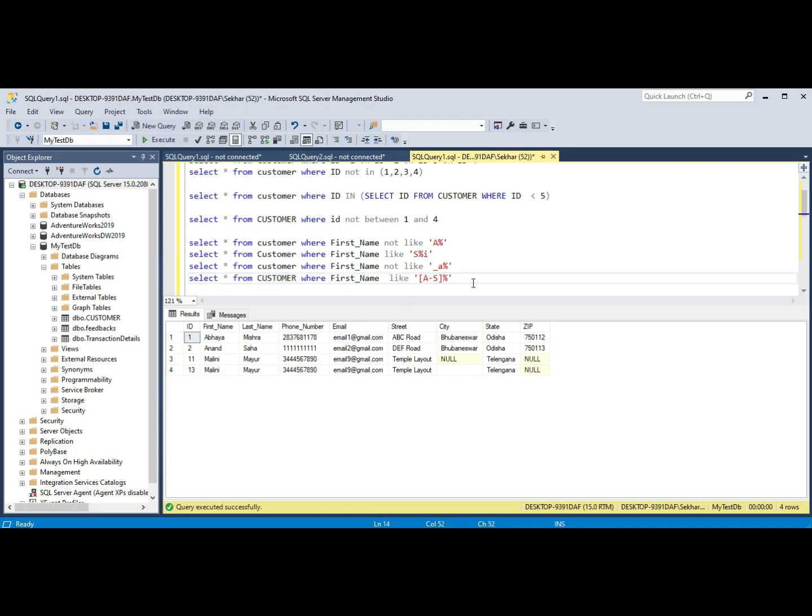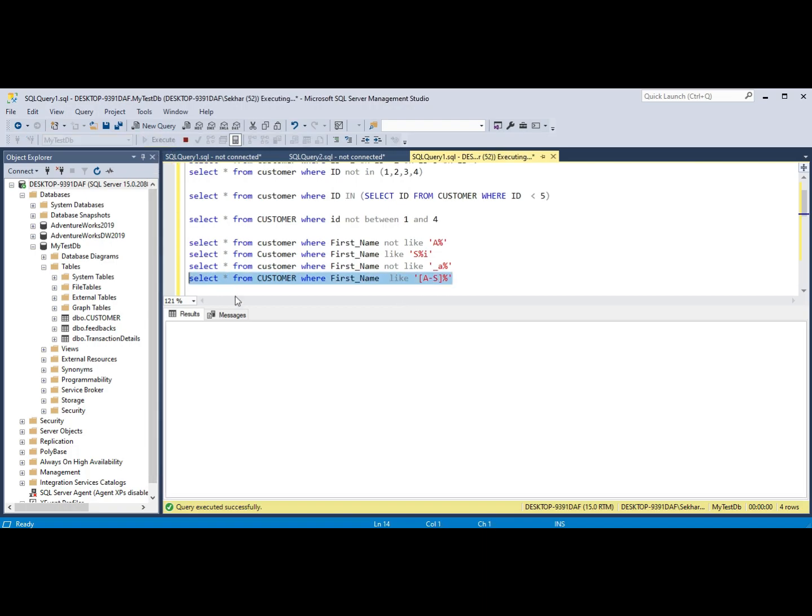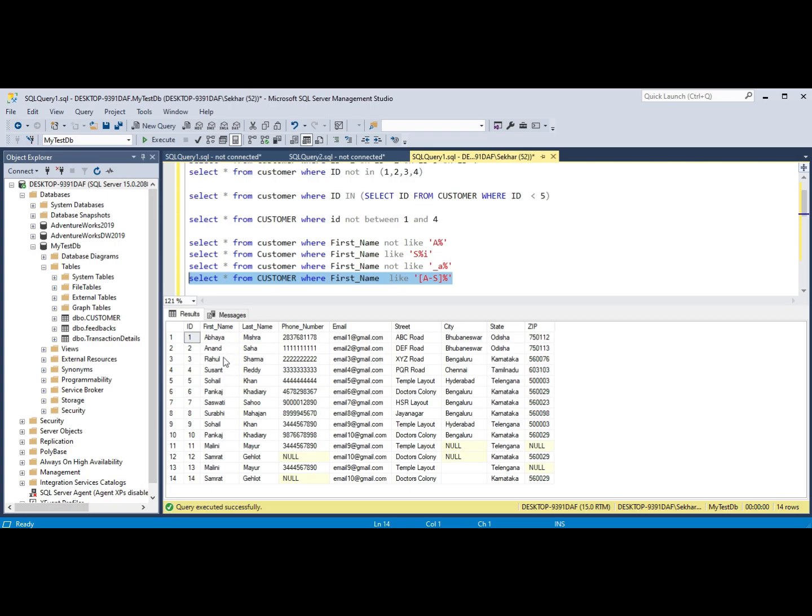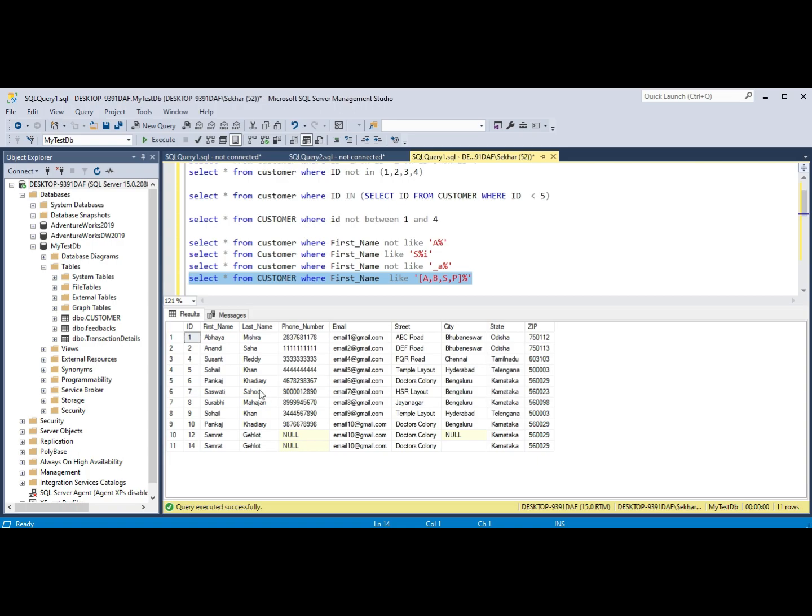If you want A to S, it will give you everything in the range of A to S. M, N, R, P are also included in this range. Unless you want some specific letters, you can mention A, B, S, P. These are the letters in which the name should start.